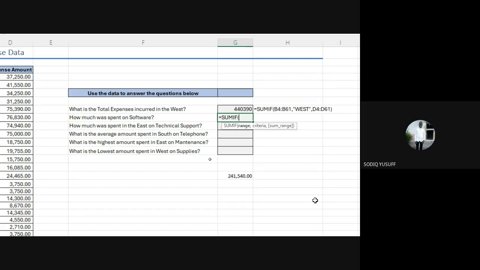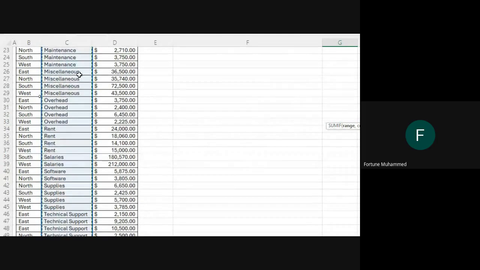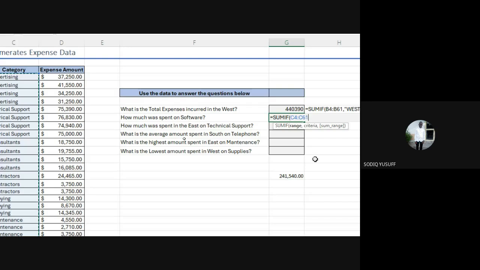It's category. Thank you. So you pick the category, Control Shift Down, right? What is the next thing? After picking the category, what's the next thing? Before criteria, there's something I need to do, which is very important. Comma. At every point in time, you must not forget that comma. Now to my criteria, which is software. So I can then open a quote and say software.